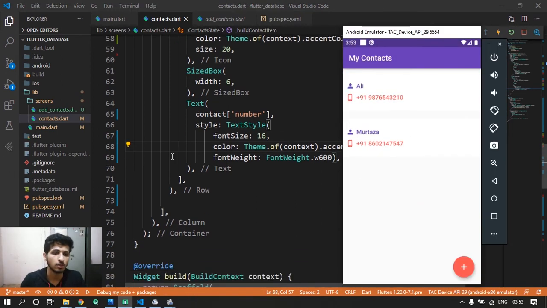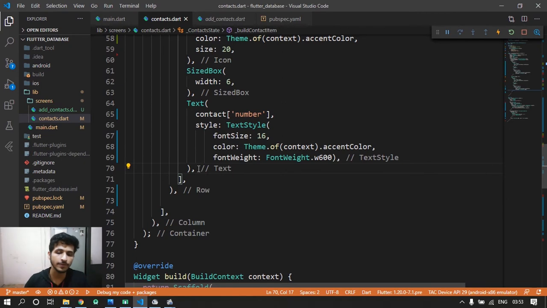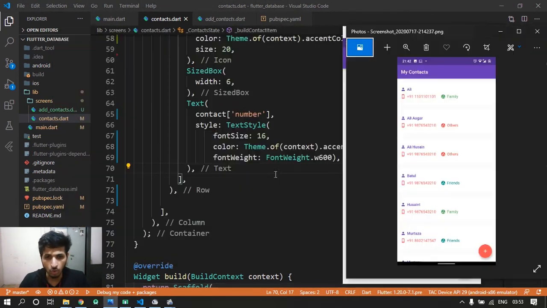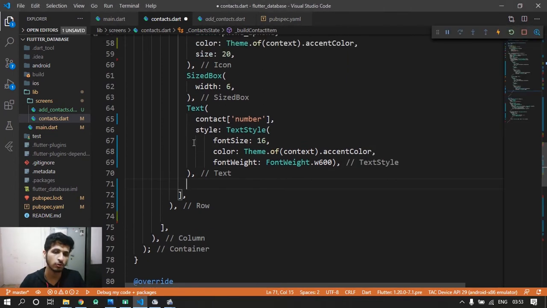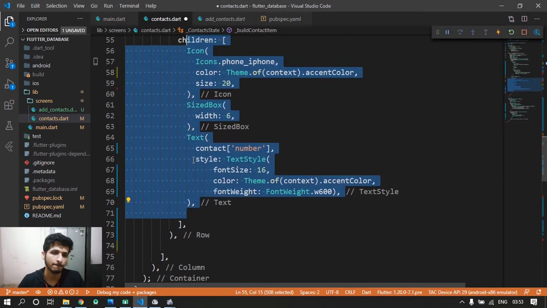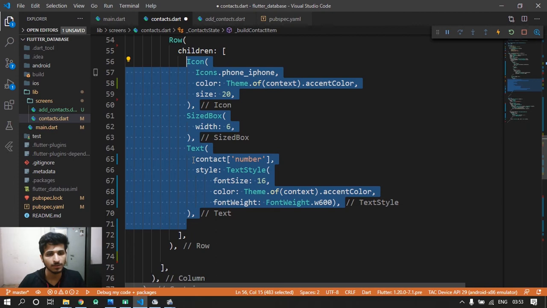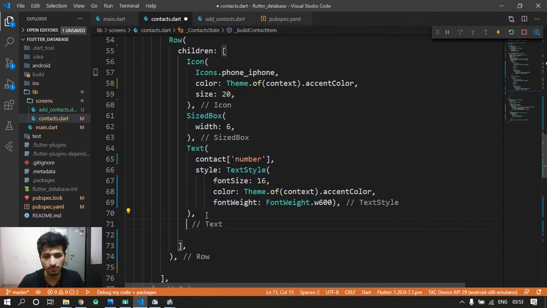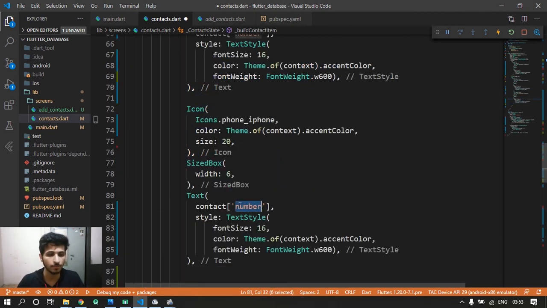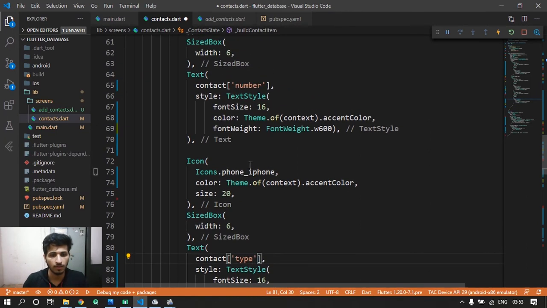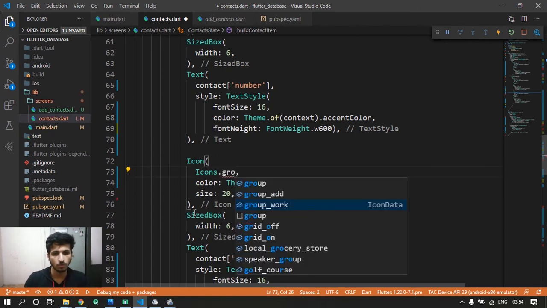So I changed it. Now the next thing we need to do is add this type field. For that also we can just cut and paste this icon and text field and replace contact with type and the icon from iPhone phone to group work.